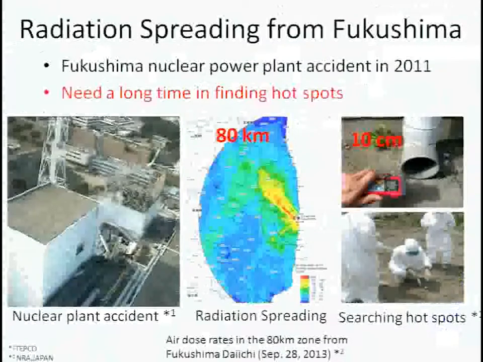In 2011, the Fukushima nuclear power plant accident occurred. The radiation emitted from the power plant has spread across eastern Japan. Local spots of high radiation dose were created in residential areas and are called hotspots. It's necessary to detect hotspots by using dosimeters during the decontamination work because hotspots are invisible. In many cases, workers must measure the radiation over a long time.